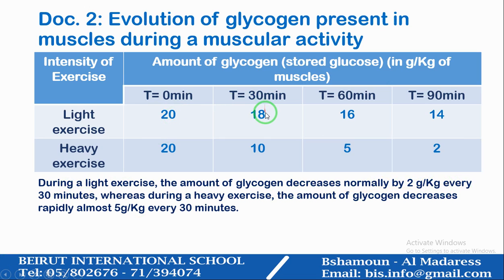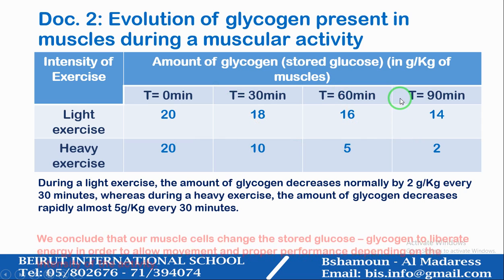20 decreases by 2 grams per kilogram, becomes 18 at T30, becomes 16 at T60, becomes 14 at T90 minutes. Whereas during a heavy exercise, the amount of glycogen decreases rapidly, almost 5 grams per kilogram every 30 minutes. So the 20 becomes 10 at time equal 30, becomes 5 at time equal 60, and becomes 2 at time